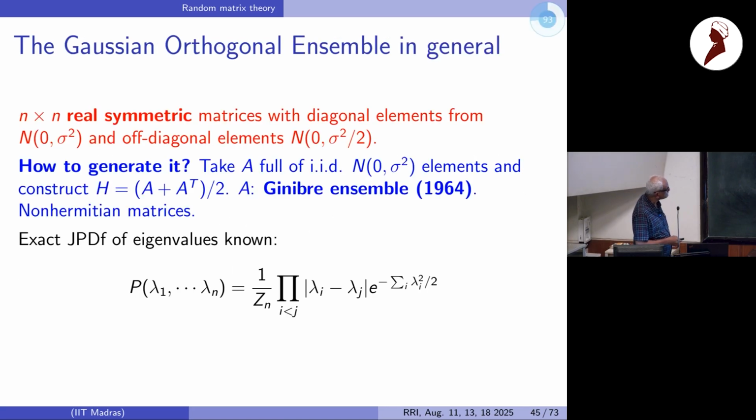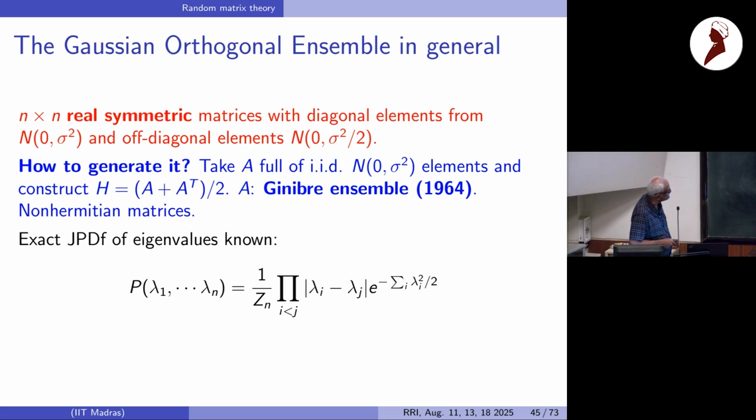So for, in general, an n by n real symmetric matrix, that is the Gaussian orthogonal ensemble, with diagonal elements from this normal distribution, zero-centered, variance sigma squared, and off-diagonal elements with half of that variance. And then you can write it exactly in that form which I said, e to the power of minus trace m squared. And so the eigenvalue distribution of that has this trace m squared factor, sum of lambda i squared. And this is coming from the Jacobian transformation. It's called the Vandermonde determinant. It is the product over all pairs of eigenvalues, i less than j. So this is the joint probability distribution.